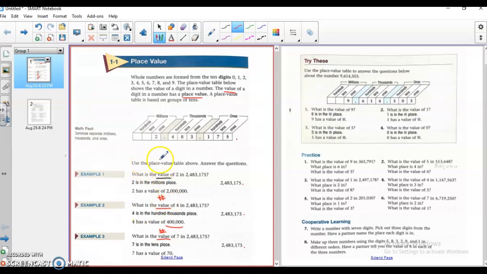It says, use the place value table above, answer the questions. When you're doing the work over on the next page, always refer back to the previous page for help or the video that we're making. What is the value of 2 in the number